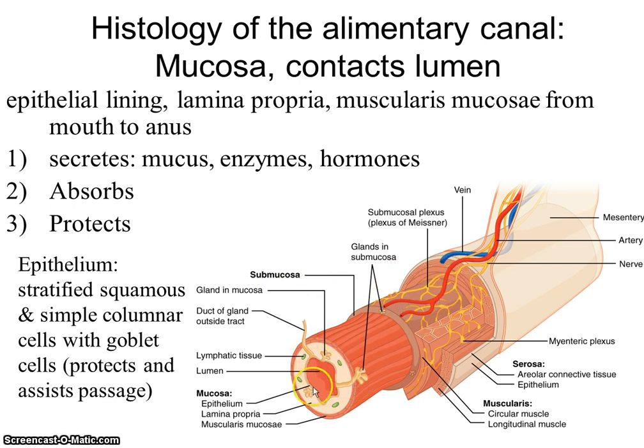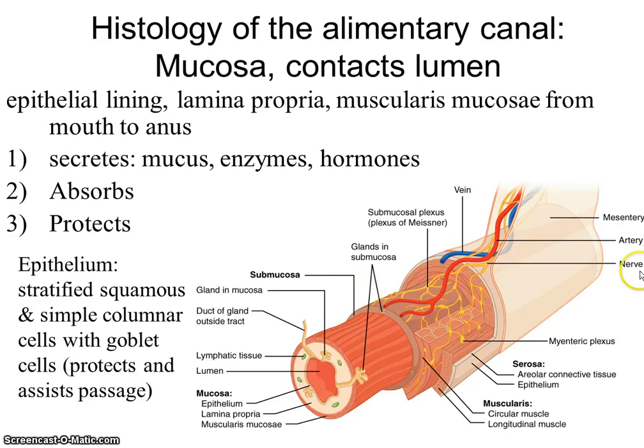Because I said we have to move things through here. We don't have a heart that's pushing like we did with the blood vessels. So we have 2 layers of muscle here, a circular inner layer, as they show you here, and then an outer longitudinal. So this does totally encircle the tube, and this runs in the long axis of the tube. And of course, this is smooth muscle, and it is controlled by nervous tissue, which I show here in yellow. And this would be mostly the autonomic nervous system, though there is also the enteric nervous system, and that's